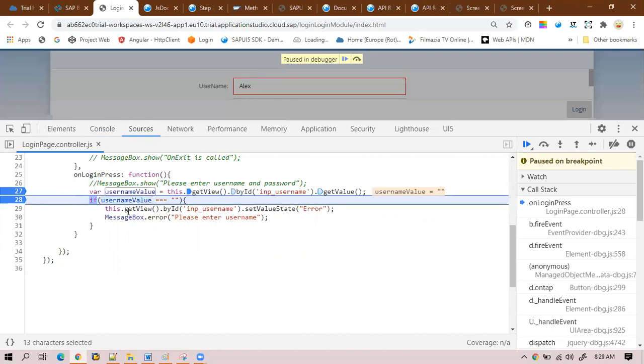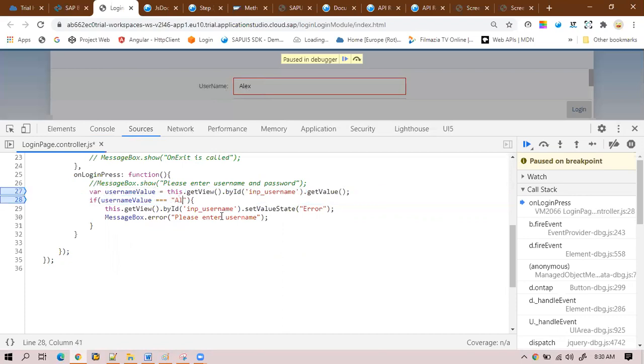This line of code is already executed, and I've already set the value as Alex. Suppose instead of empty, I want to check if the value is Alex. I'll write it. So what will happen?